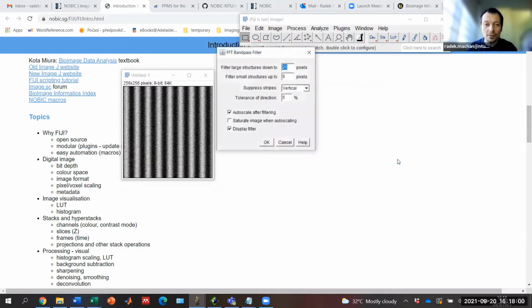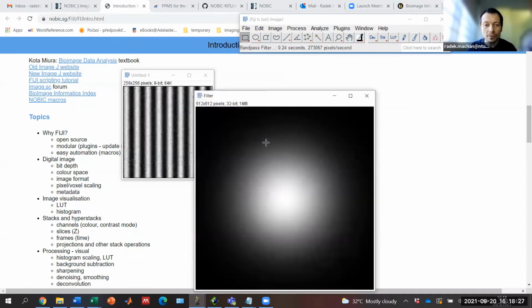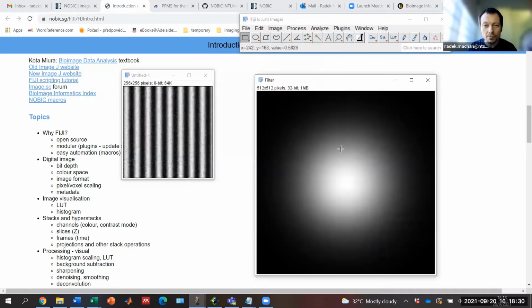there is an option to define filters. So I can say that I want to limit now the high frequency, but I just want to remove small features, I don't know, let's say 2 pixels, and we don't want to suppress stripes now. So this is how the filter would look like, and this is the image. You see that it's not that